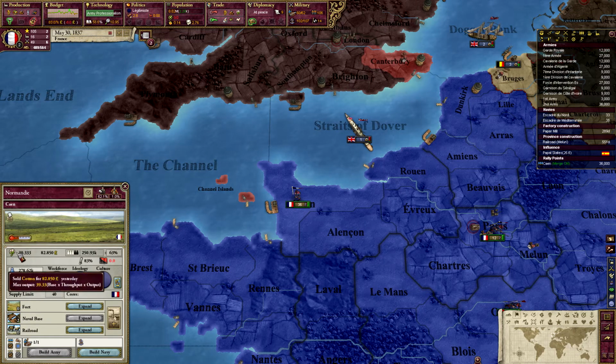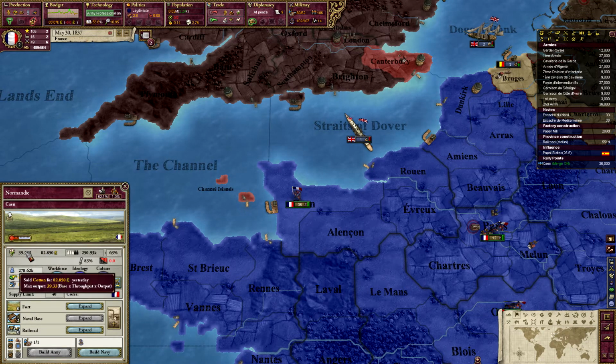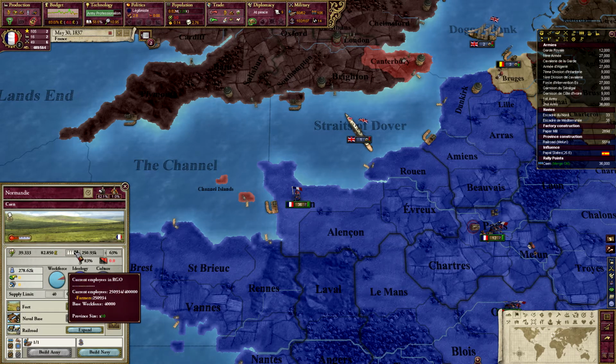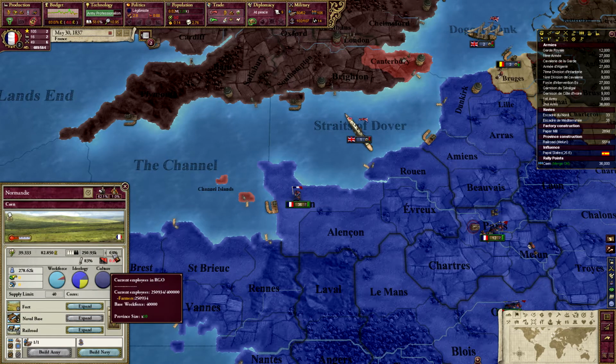Now this is their main thing that they sell and how much of it they sell every day. And this is how much money they make from doing that. So this is important if you want to see, say, if a province is actually losing money. Next we have employees in RGO, which we've talked about before, it's aristocrats. And you can see right there, that is how many there are there. So you can see a lot of farmers, how many there are, and then the percentage of them that are